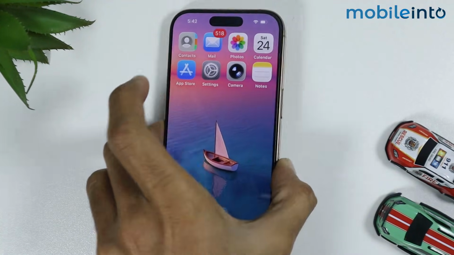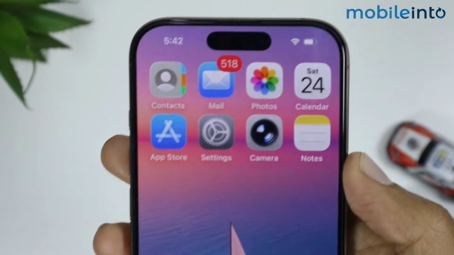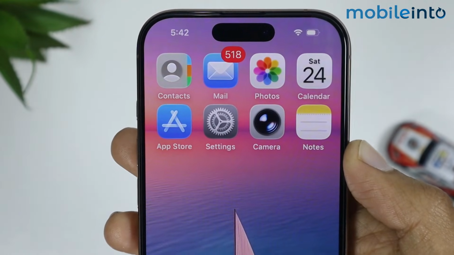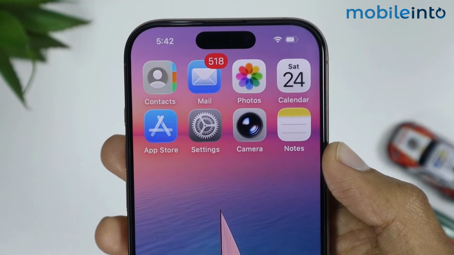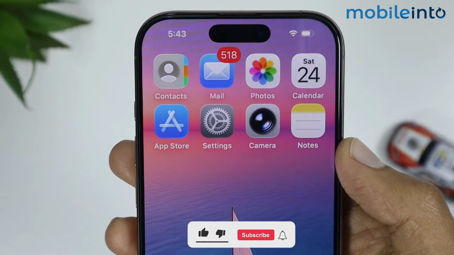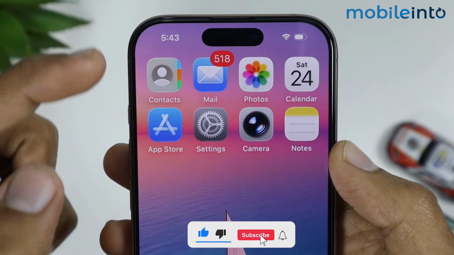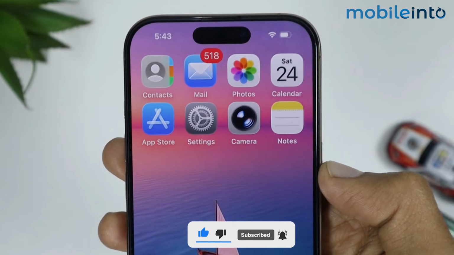If you're wondering if you can completely remove the white borders around the icons of your iPhone, in this video I will give you the answer to this question. So the short answer is no. There is no possible way to remove the white border around the icons of your iPhone because these white borders